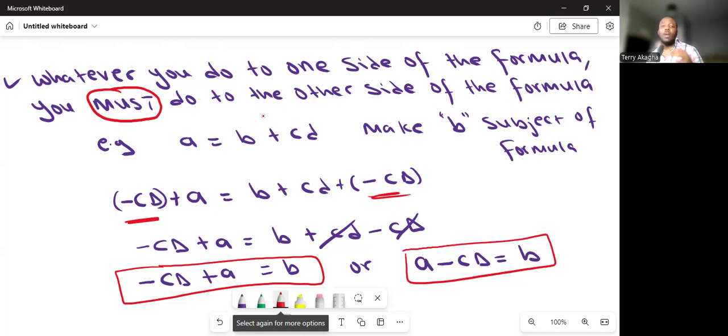Anything you've done, it could be addition, it could be subtraction, it could be raising to the power, it could be multiplying, but anything you do to the left-hand side, you must do to the right-hand side, or anything you do to one side of the equation, you must do to the other side of the equation. All right, so